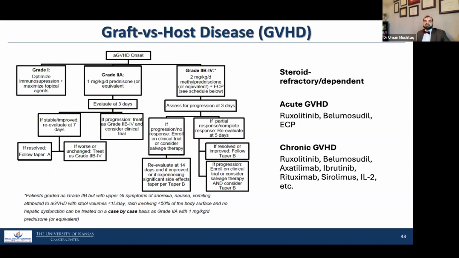A few words, we are running short on time, so I added these things just to give a context about the challenges that we will face with transplantation. Each of these would require separate talks. This is just a highlight.